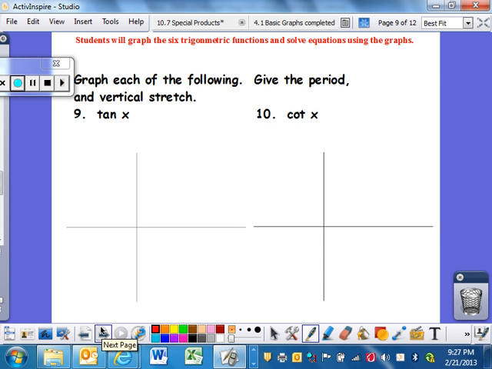So if we try to graph each of the following and give the period and the vertical stretch,